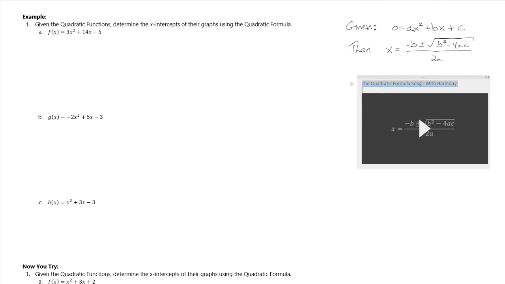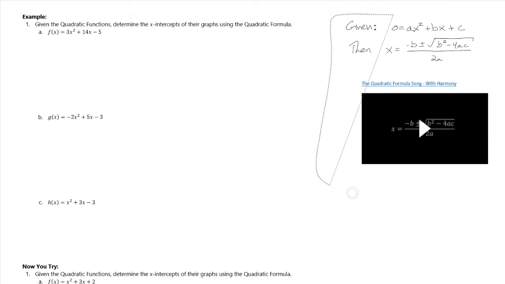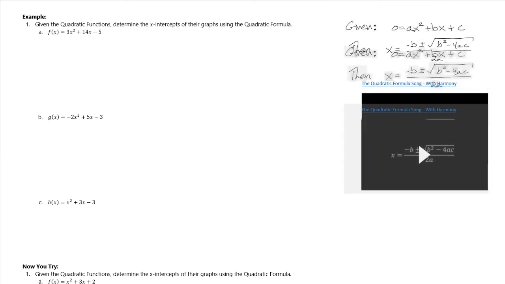The instructions say, given the quadratic functions, determine the x-intercepts of their graphs using the quadratic formula. So now we have the quadratic formula in front of us. The first function we're looking at is f of x equals 3x squared plus 14x minus 5. To find x-intercepts, let's just note,